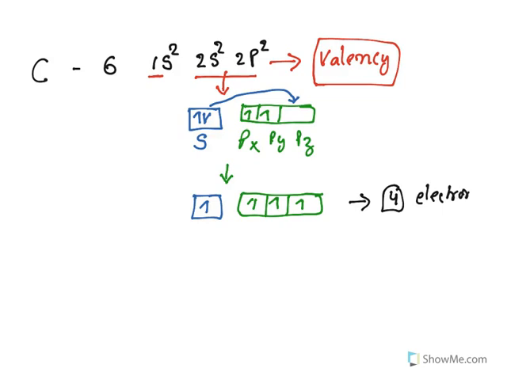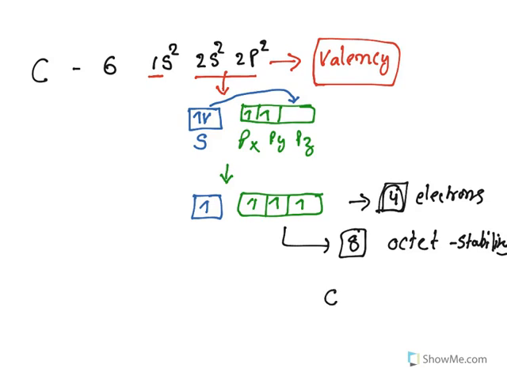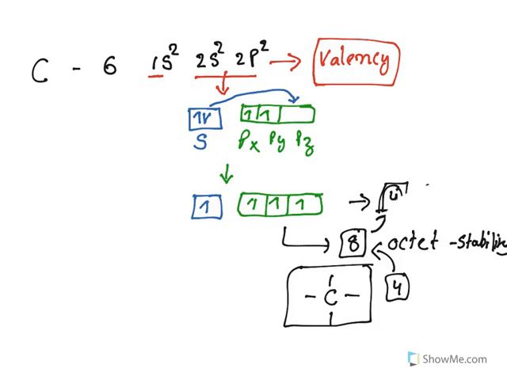Now if you remember the octet rule, according to the octet rule, if the valency shell contains 8 electrons, that is the most stable configuration. That means all of them have paired electrons, and that gives stability. In carbon you already have 4 electrons and it needs 4 more electrons. That is the reason why carbon forms 4 covalent bonds. Covalent bond means sharing of electrons with other atoms. Wherever you see carbon has 4 covalent bonds, the reason is it has to satisfy the octet rule by getting 4 more electrons. So this is the basic thing about carbon.